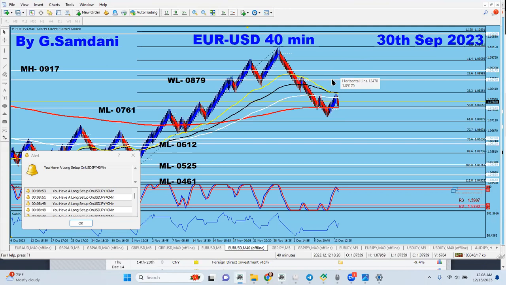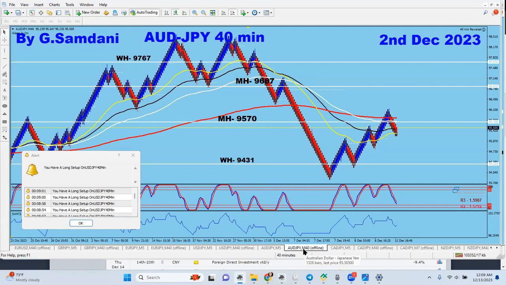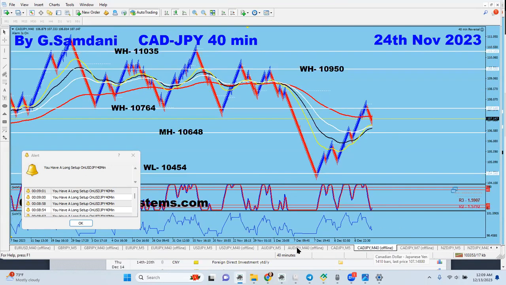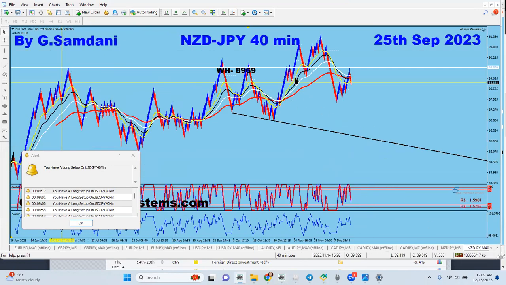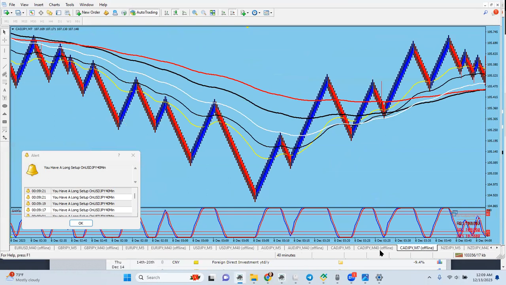Okay, so I just wanted to show you guys that this is what's happening, and these are the few pairs that I'm paying attention to. You can look into more pairs. For example, this one, not Euro Aussie, this is Aussie yen, right? CAD yen for this one. I have New Zealand, for example, this one. But most of these are kind of ranging already. So the ones I just showed you, like Euro yen, USD yen, pound yen, Euro USD, pound USD, and Euro Aussie and pound Aussie. Pound Aussie is the best one, best of all,